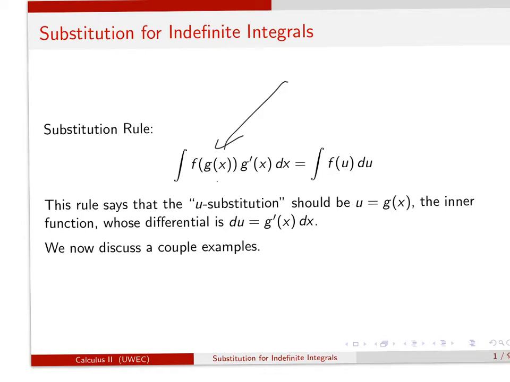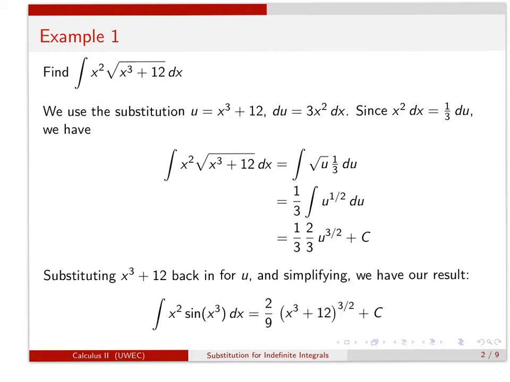Now for some example. Here we want to find the integral of x squared times the square root of x cubed plus 12. So we can see x cubed plus 12 is an inner function inside the square root function. So letting u equal x cubed plus 12, its differential is du equals 3x squared dx. So the x squared dx is simply 1/3 du. Whenever the remaining part of the integral is just a constant multiple of the differential of u, then substitution will